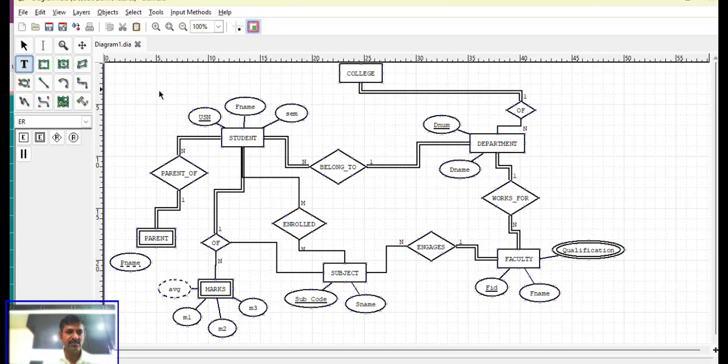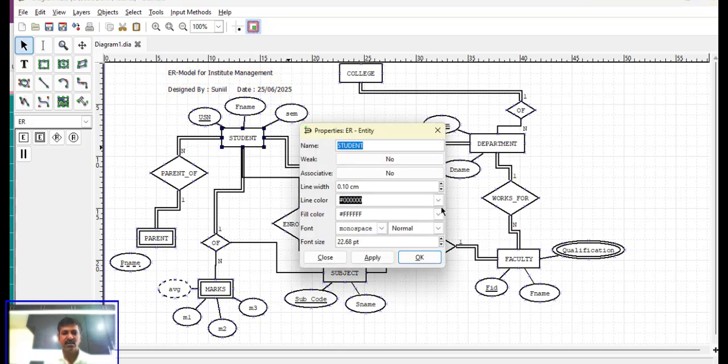And if you want to add a label to describe what it is, you can say ER model for institute management, right? Then say designed by and write your name. Then the date, which date you designed it. Let's say 25/6/2025. So it's a nice diagram, and you can color them, like if you want a colored line color here,